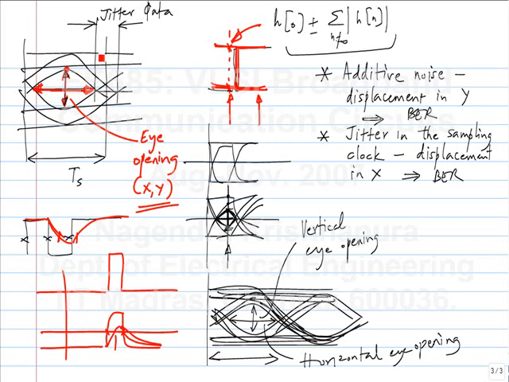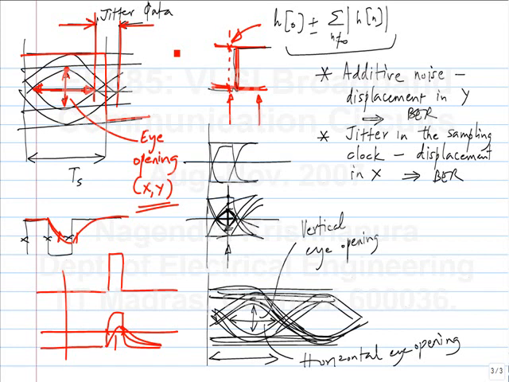And this part, the part of the x-axis that is closed, is known as the jitter in the data. So if you had an ideal eye diagram, the transitions would be here, and the spread in the x-axis would be 0. That is what the jitter is. It's basically the spread. All the zero crossings should be at integer multiples of the symbol interval ts, but they will be at some delta away from ts, where delta is both positive and negative. The spread in the delta is the jitter.